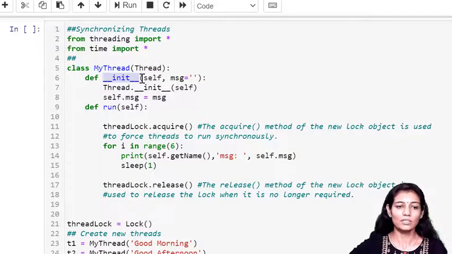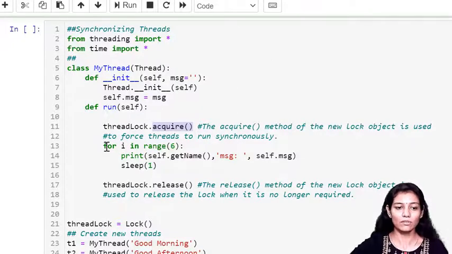Then I'm using the init method to initialize the variables. I'm calling the base class constructor and initializing the message. Then this is the run method which I'm overriding, and there I'm using the acquire method of the lock object to get the lock, so that the following lines will get executed only by a single thread that has acquired the lock.